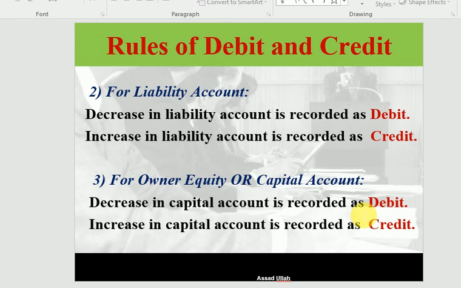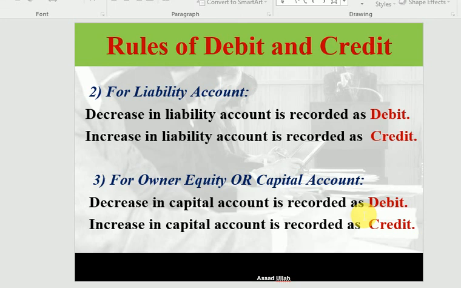Capital decreases through owner drawings or when the business incurs a loss. The loss will be subtracted, as I discussed in the accounting equation effect. So all expenses and losses will be deducted from the capital account, the owner equity account. So owner equity is decreasing. Clear? So when owner equity is decreasing, a decrease in owner equity or capital is recorded on the debit